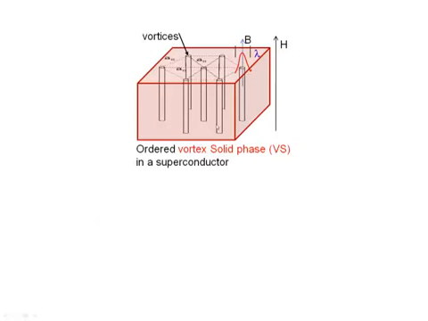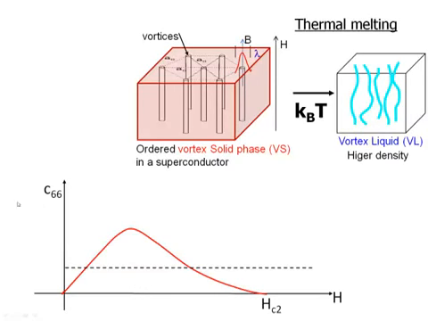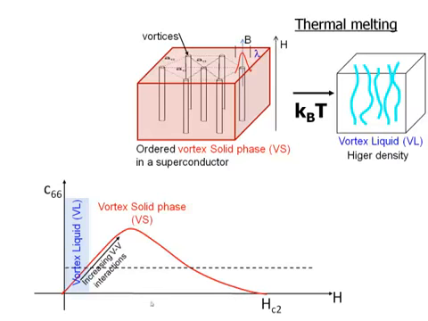The relatively lower density ordered vortex solid phase in superconductors melts into a higher density disordered vortex liquid phase under the influence of enhanced thermal fluctuations. Shown below is a schematic representation of the behavior of the shear elastic moduli of the vortex lattice as a function of increasing magnetic field. Vortex melting is expected whenever the vortex lattice is soft, namely when the elastic moduli is low at low and high magnetic fields. At low magnetic fields, theoretically a transformation from the vortex liquid to solid phase is expected due to the enhancing stiffness of the lattice due to increasing intervortex interactions with increasing magnetic field.